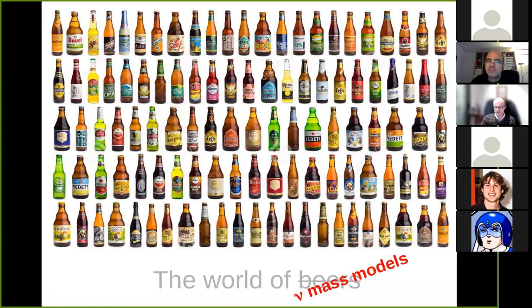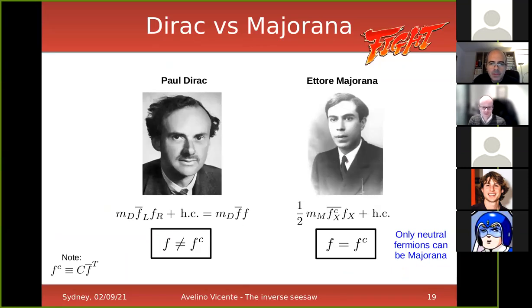So you have to take your favorite, or you have several favorites. So basically, it's a matter of taste. There are arguments in favor of some models, arguments in favor of others. It's hard to just pick one. And it's just down to experiments to choose, of course. And you can basically classify them in two big families: models in which neutrinos are Dirac fermions and models in which neutrinos are Majorana fermions.